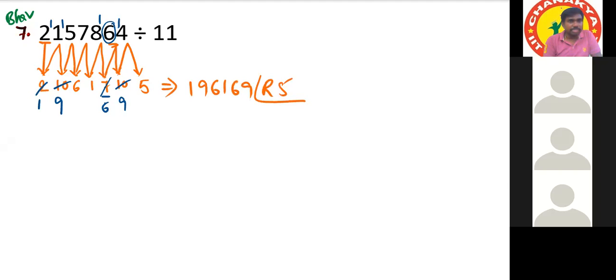Okay, so it is a mixed question. Mixed question means sometimes a subtraction is possible and sometimes subtraction is not possible. In this case, not possible. In this case, not possible. But in this case, possible. In this case, possible. Here it is not possible. Here, possible. Okay, it is a mixed question.